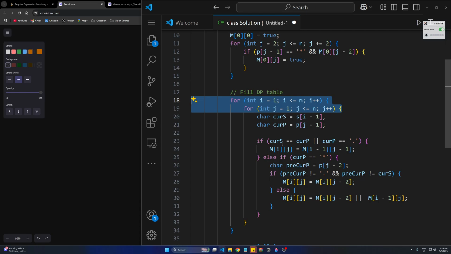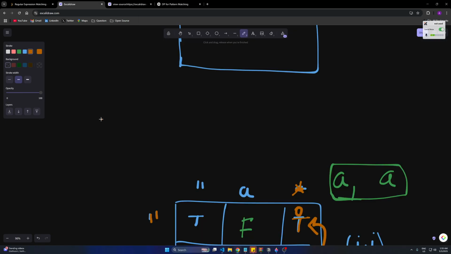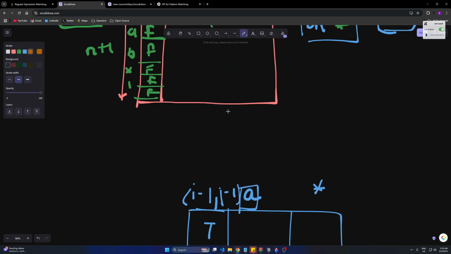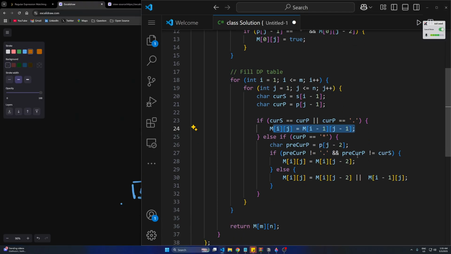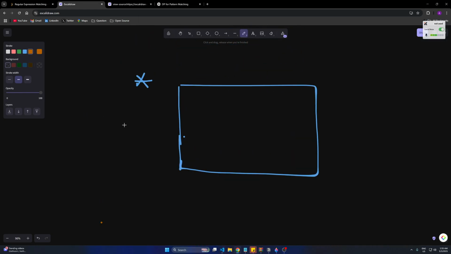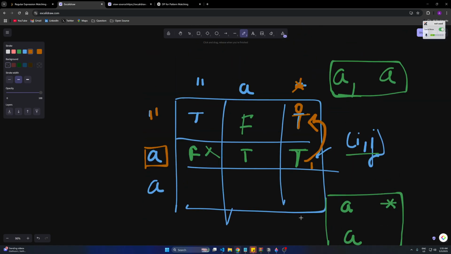We just start iterating. And if both the characters had matched, and if the current pattern is star, what we will do is, whatever its previous state was at this point, we'll just copy paste from I-1 and J-1. Okay? Otherwise, what will we get? We will get a star. Okay? If we got a star case, which is the star of this movie, what might eventually happen is that